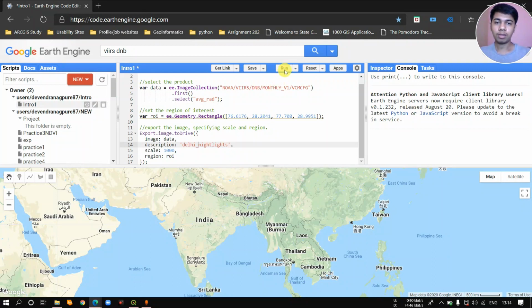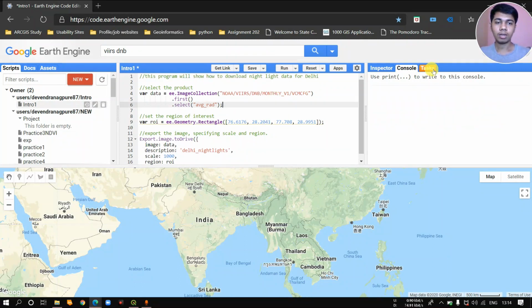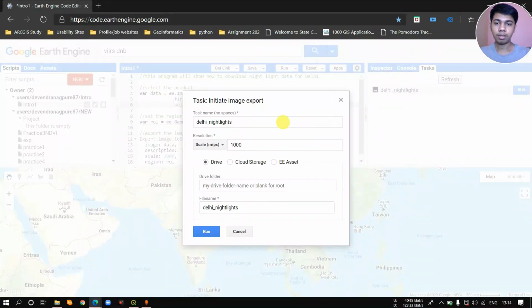So I would just run this. In the tasks you can see the Delhi night lights. Here you can see if you just run the task over here, there is a task name, whatever you have given, and since there are no spaces, it's taken with an underscore. The scale resolution, as I have inputted in the code, it has taken that value also.